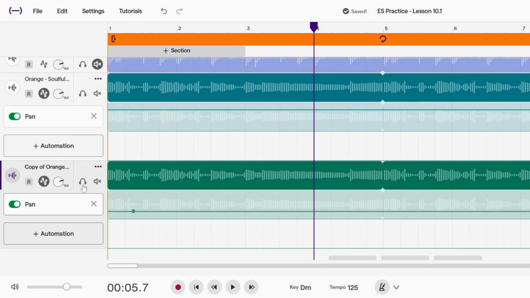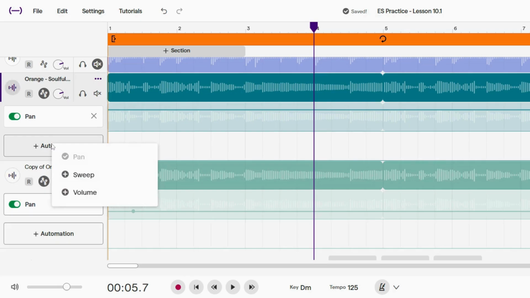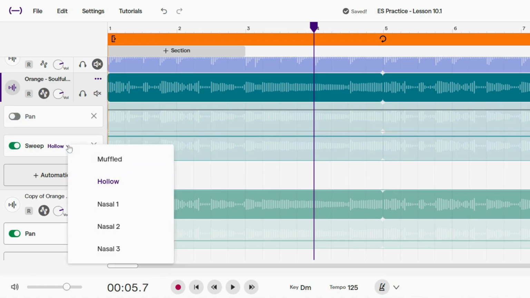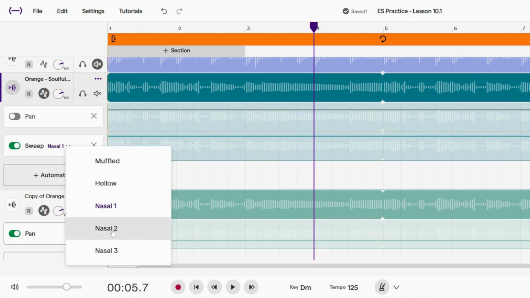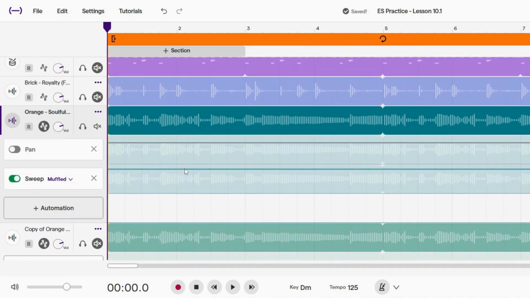The next thing we're going to try, I'm going to mute this one, of course. The next one we're going to try is an automation called Sweep. And I'm going to disable pan. The settings are still going to be in there, but if I want to enable it again, I can click on it. On the sweep, the muffled, or the hollow, or nasal, these are all different kinds of versions of it. And so what it does is it muffles the sound of the music so that